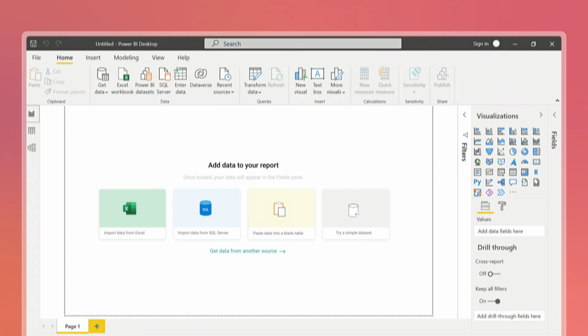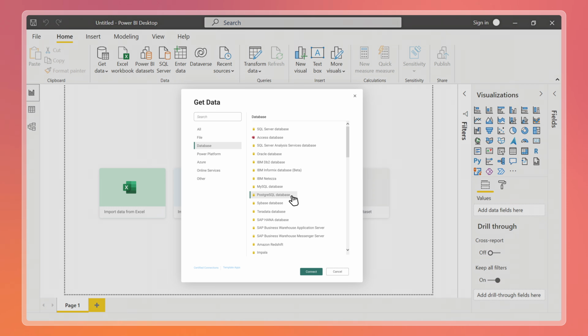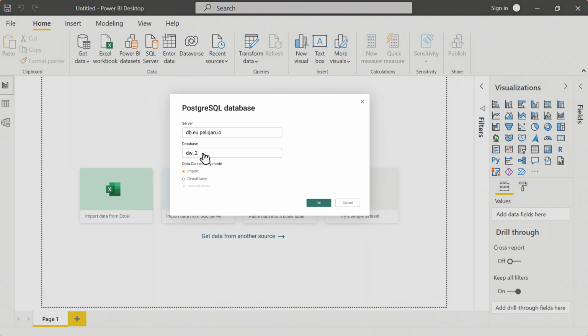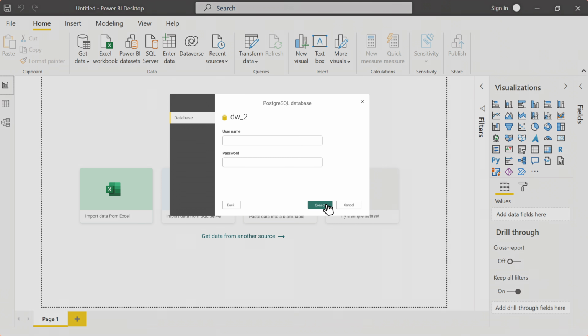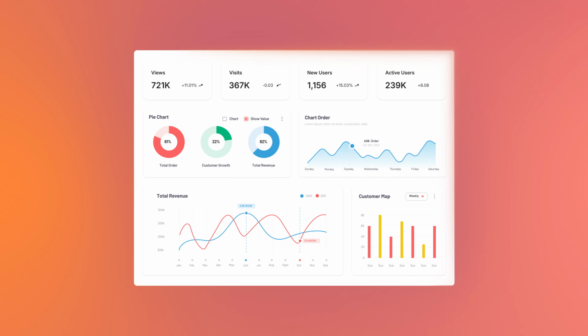Now open Power BI. Select Get Data from another source. Choose Postgres as the database type. Copy and paste the warehouse credentials from Peliqan into Power BI and connect. That's it. Your transformed tables now appear in Power BI, ready for dashboards, reports, and